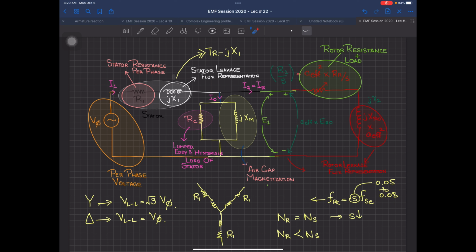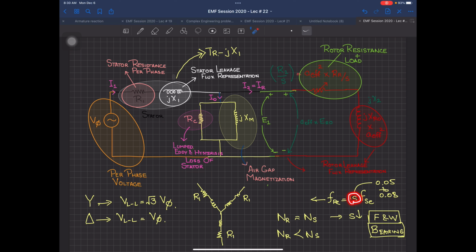But one thing very, very important, which is also depicted in article 6.4: since this is a motor, you are going to have some friction and windage losses, and certainly some bearing losses, since the machine is running on bearings. What happens if the machine is running fast? Then these two losses, friction and windage and bearing, are on the higher side, but your slip is small. It will be only 0.04, 0.03 or 0.02.